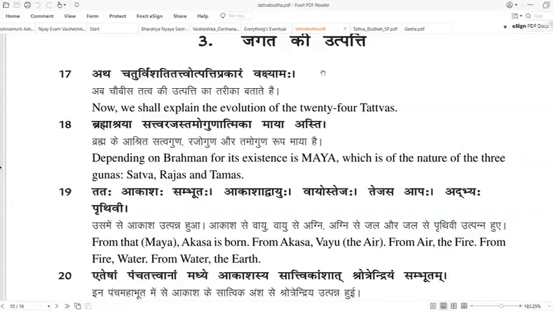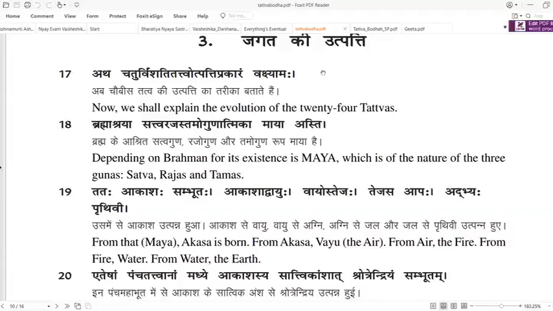This is how the whole world of names and forms is projected. Brahman has no name or form, no akara, but from that reality, all the world of names and forms is created by this Maya. So how does it do that? We can visualize it like three threads woven together, and then you separate them. Together, they are in a state of what we call samatvam, a state of no vibration. But when the universe has to be manifested, the vibration starts. The lighter part rises to the top, the middle part stays in the middle, and the heavier part goes down. These are the three gunas: sattva, rajas, and tamas.